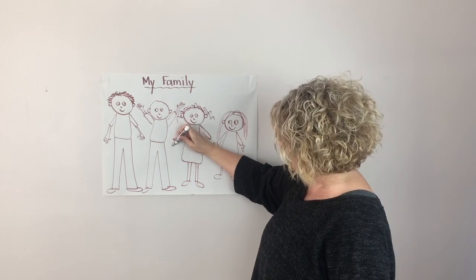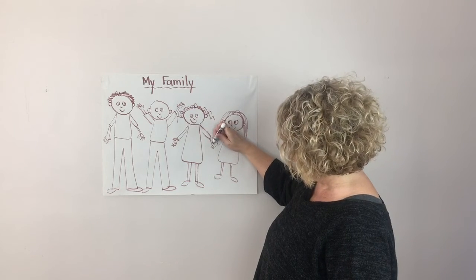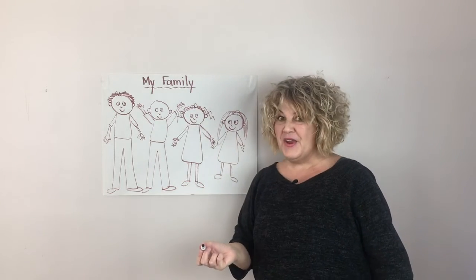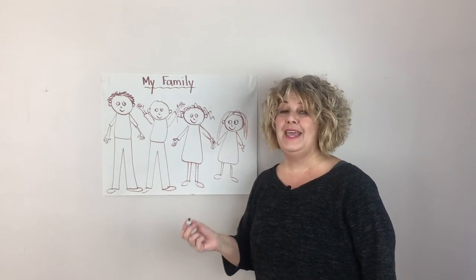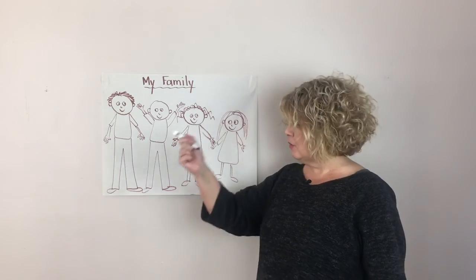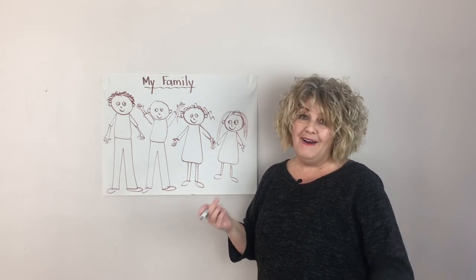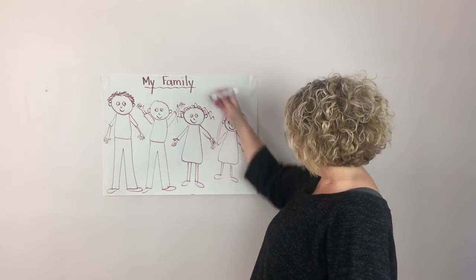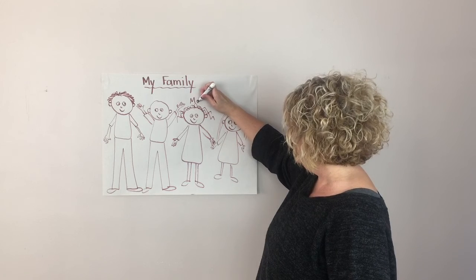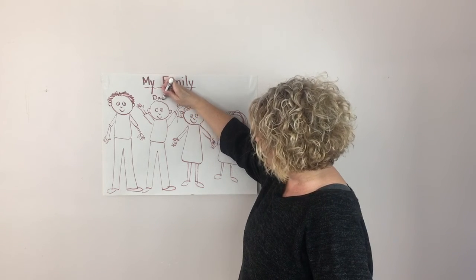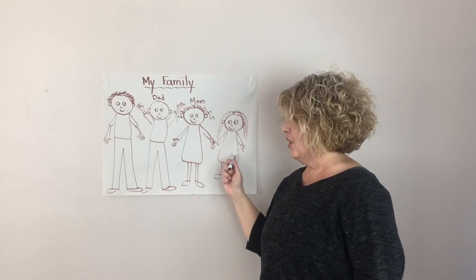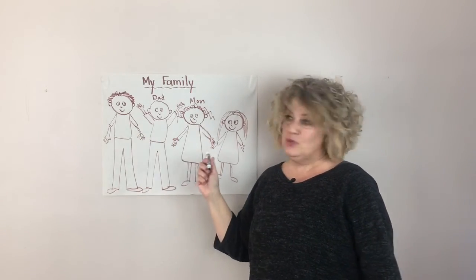It takes a bit of time to do a whole family picture to get all the members in your family. And there is my family. If you can, label your picture. You can write down who those people are. I'm the mom in my family, so I'm going to write mom here. And this is the dad in our family. And then we have a son and a daughter, and I could put their names, or I could write son